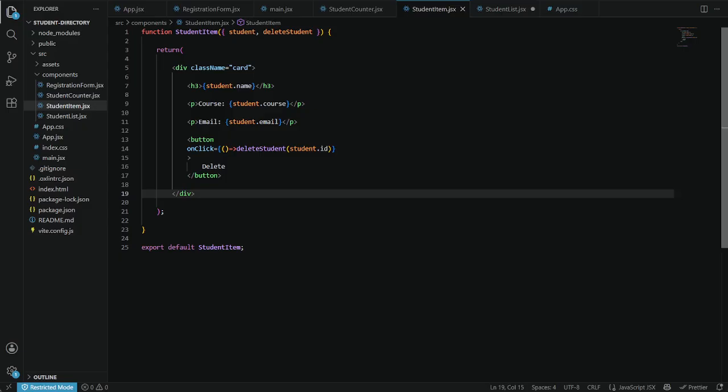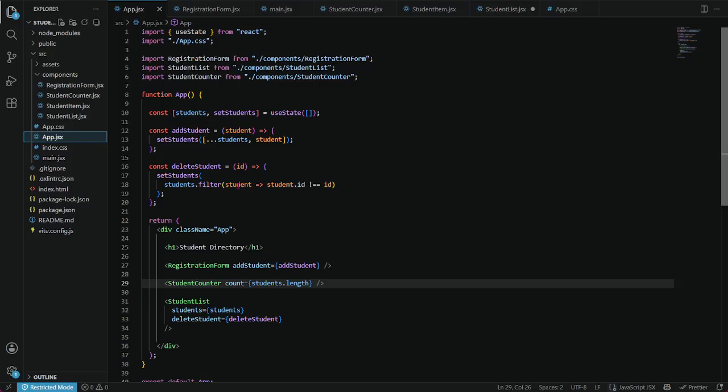And then the className is card. It holds the student information, and then student.name displays the student name, then the course, student.course, and the email is student.email.